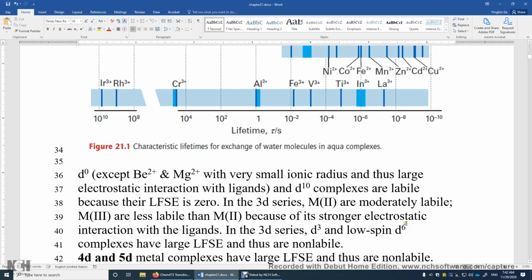Well, in this case, you have all 6 electrons that occupy the lower energy t2g orbitals. So the ligand field stabilization energy is 6 times -0.4 delta O, it's -2.4 delta O. So it seems like we have even more LFSE here, but don't forget, in this low spin